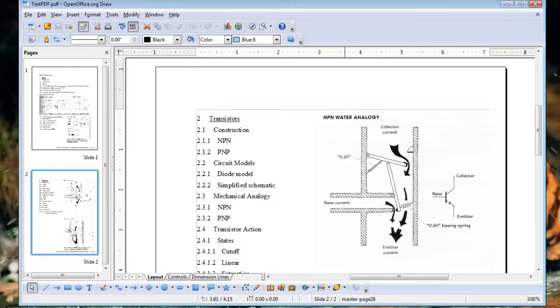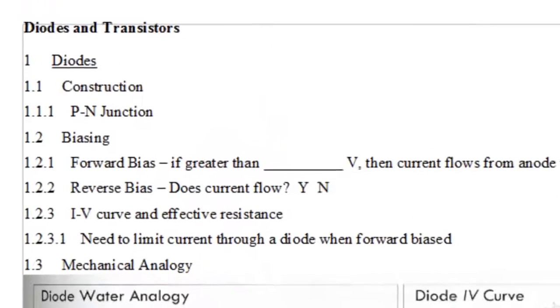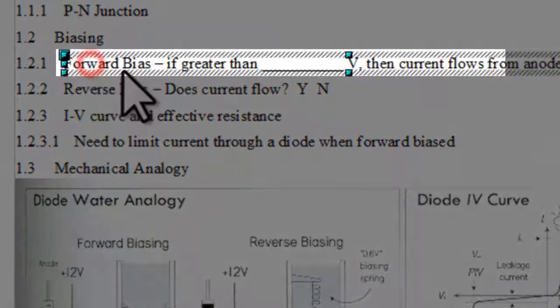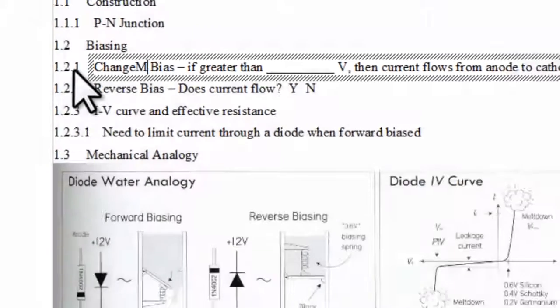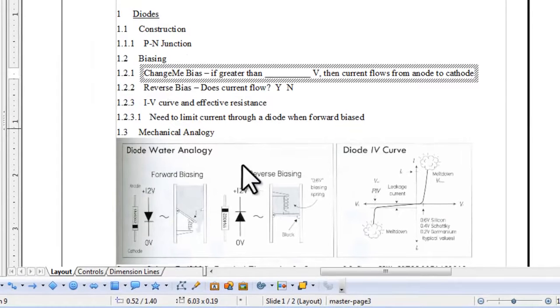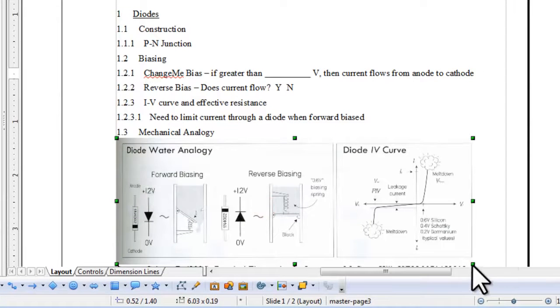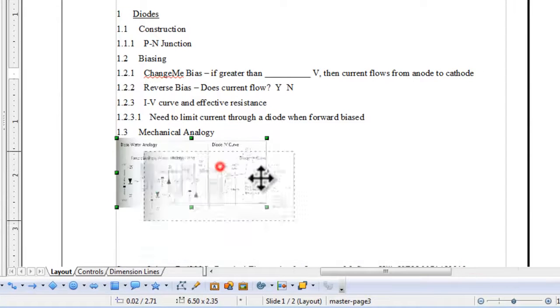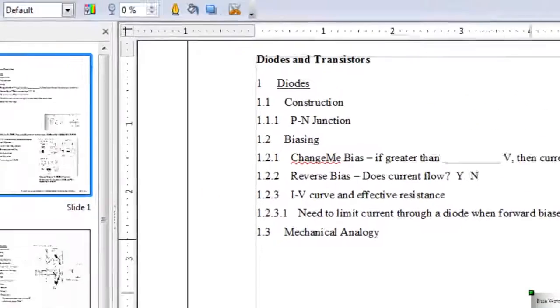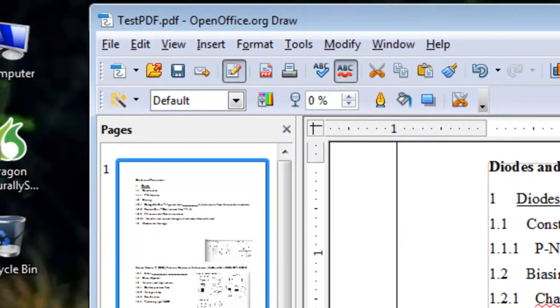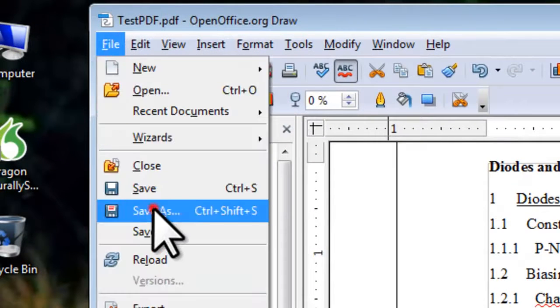Now not only does the PDF document open, but you can now select text and change it. You can also select charts or diagrams, resize them, or change their location, and do most of the basic editing that you need. When we go to save the file, by clicking the File menu, and then Save As,